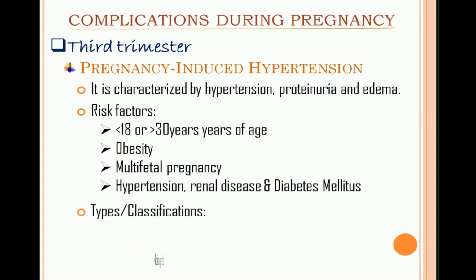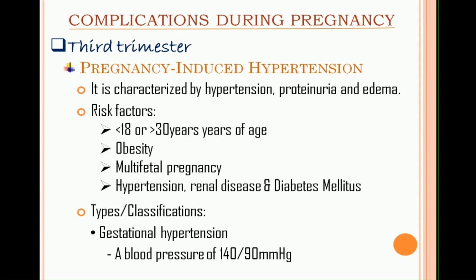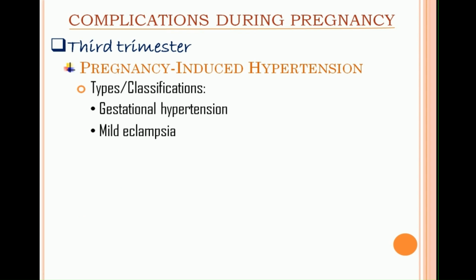Types: first, we have gestational hypertension. It is a blood pressure of 140 over 90 millimeters of mercury. Next is mild preeclampsia. It is the blood pressure of 140 over 90 millimeters of mercury,